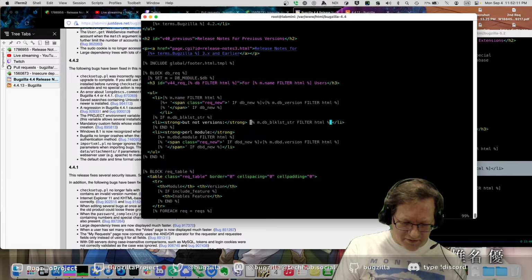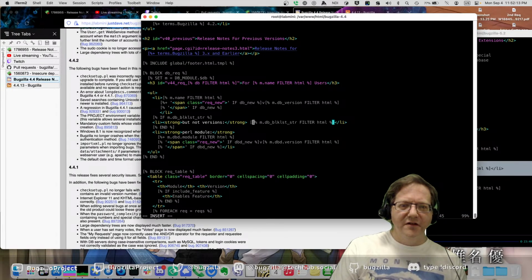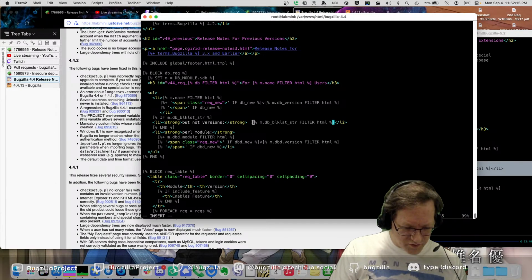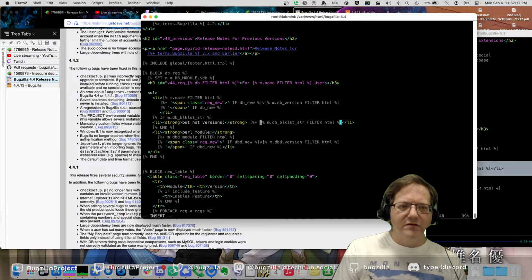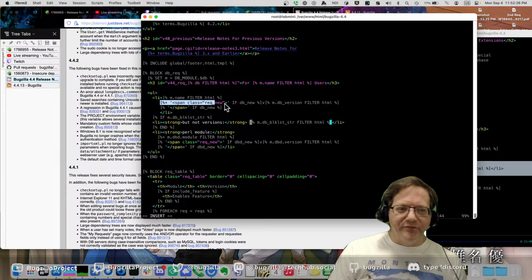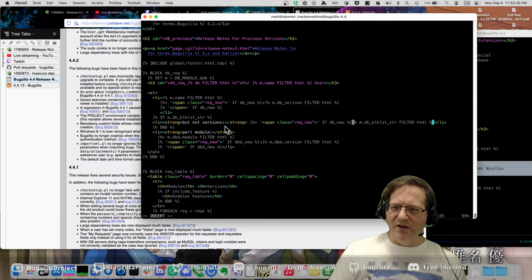I am adding template code here to add the span, copying it from above. Add the span around the blacklist version as well, if it's tagged as a new requirement.